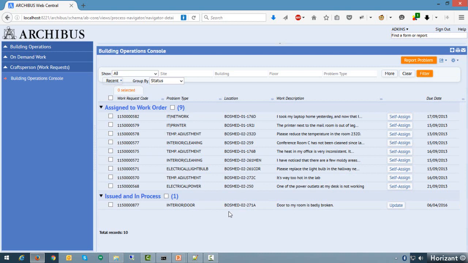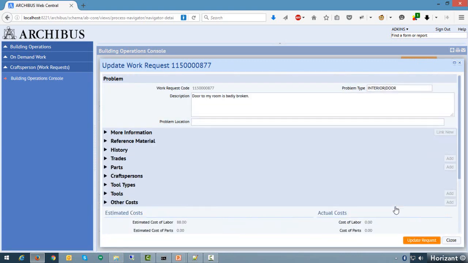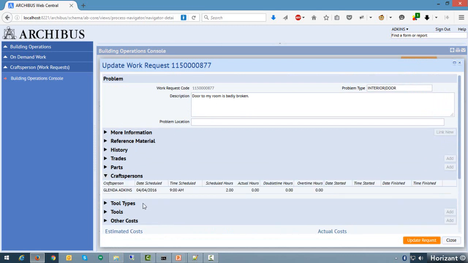So how does she update the ticket? Well, there's an update button over to the right-hand side. So if I come over and click on that update button, instead of actually clicking on the ticket, I can now update the ticket itself. So the idea over here is she's going to go in and fill out a couple different pieces of information. So maybe she got on site and she needs to change the description. She can if she wants. Most importantly, she's going to say,